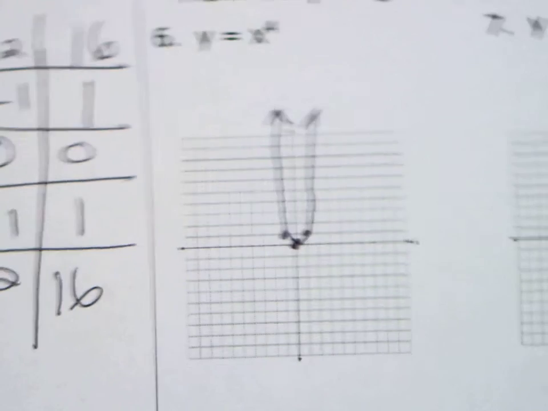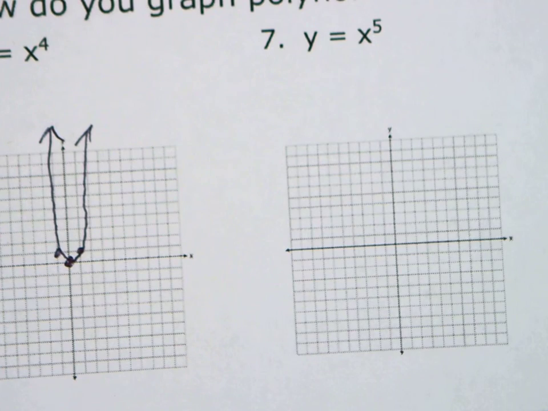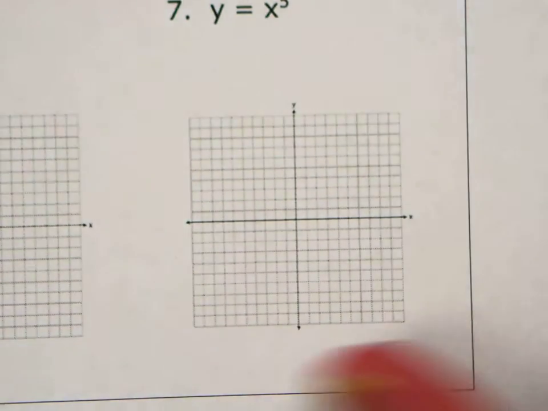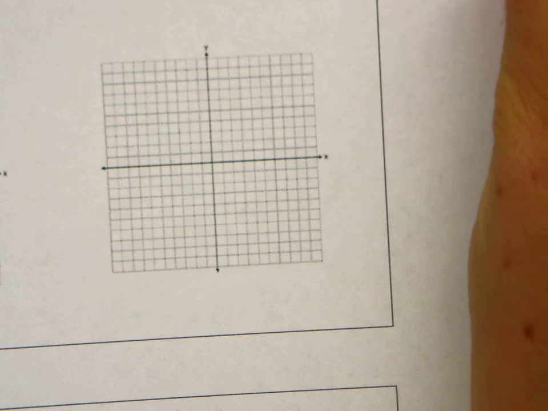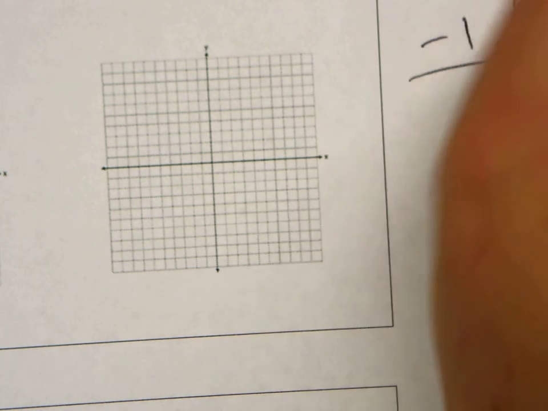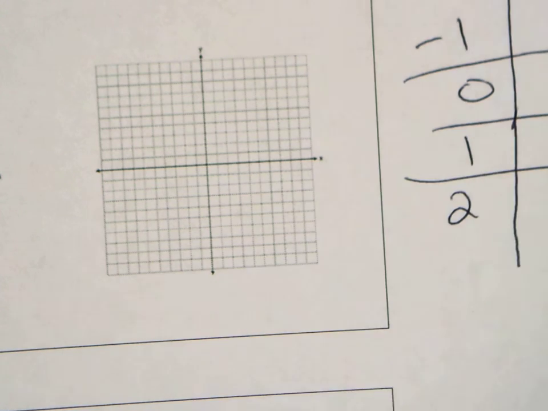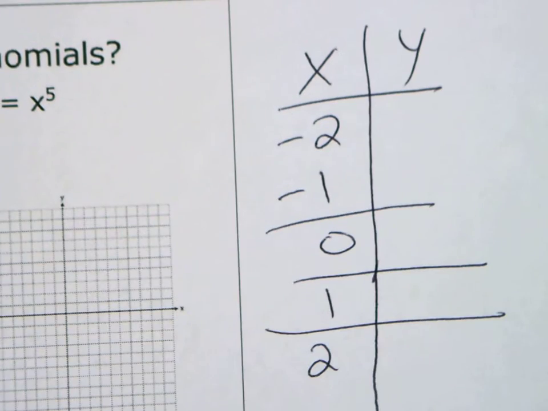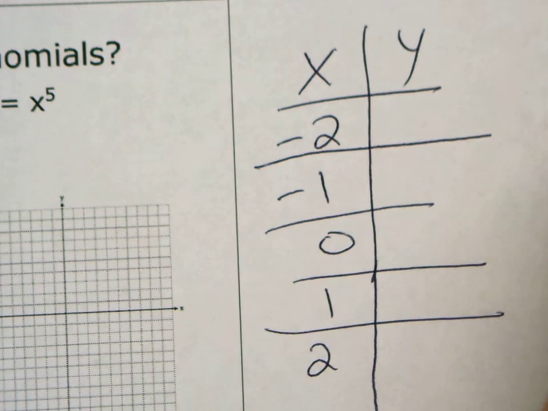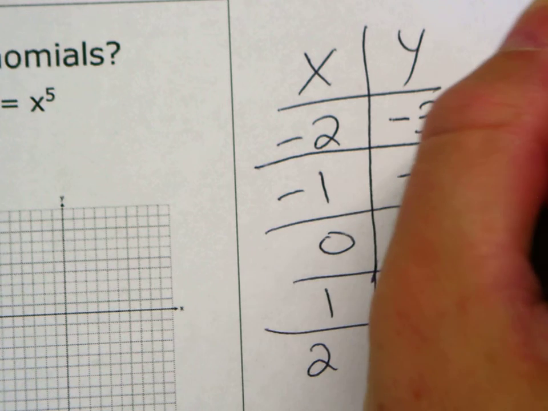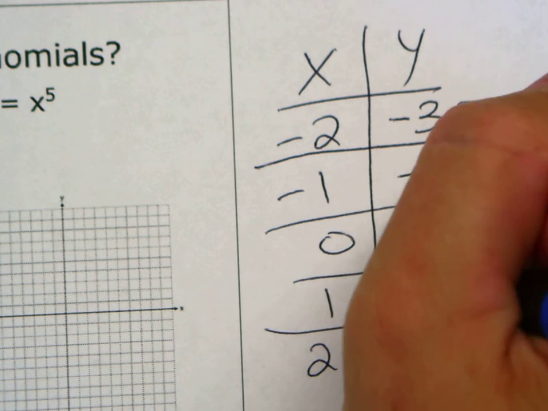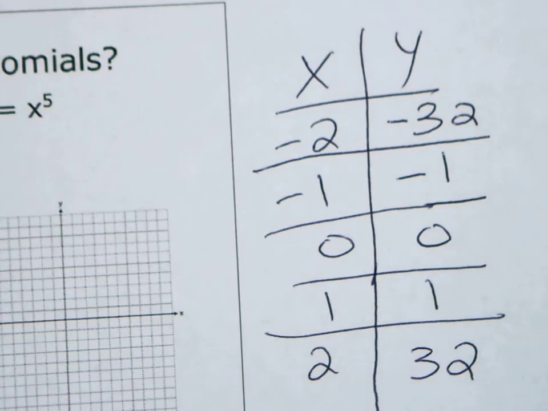Okay? All right, x to the fifth. Take a magical guess what's going to happen here. All right. x, y, -2, -1, 0, 1, 2. All right. -2 to the fifth is -32. -1 to the fifth is -1, then 0, 1, 32. Again, what should we compare this one to? This one looks like x cubed,